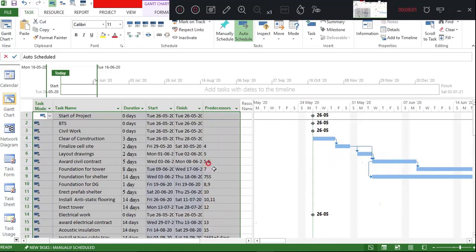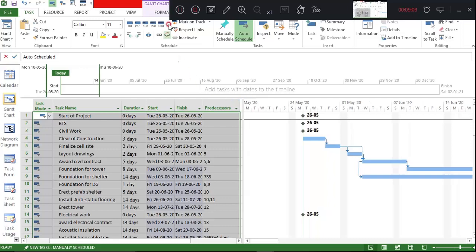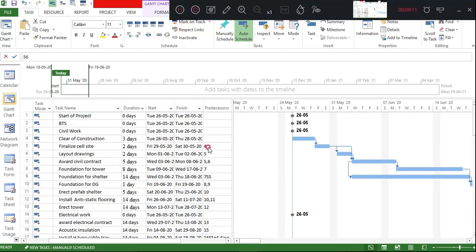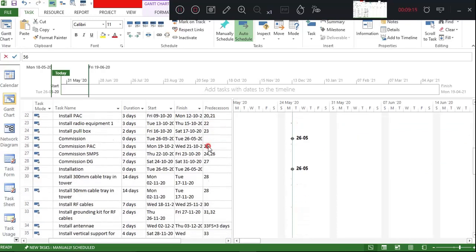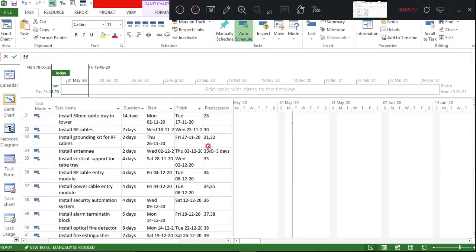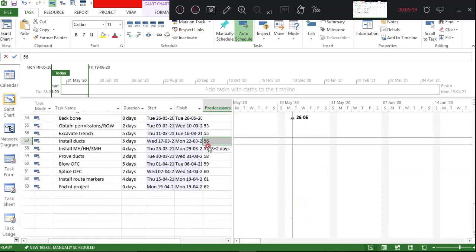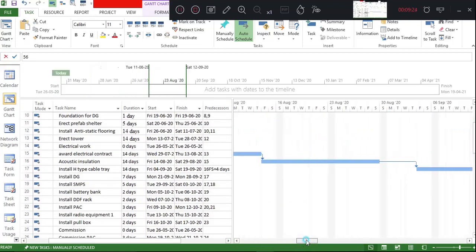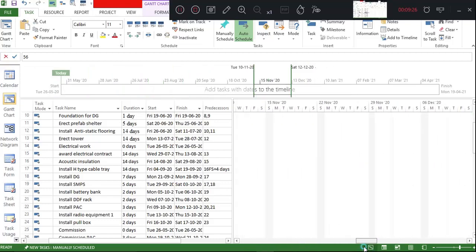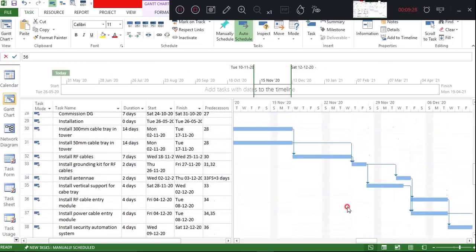That means the relationship is established. Now we'll see how to understand this work breakdown structure code. So here all the activities with their respective start, end date, duration and everything is ready. You can also check the Gantt chart. It is done, it is there.